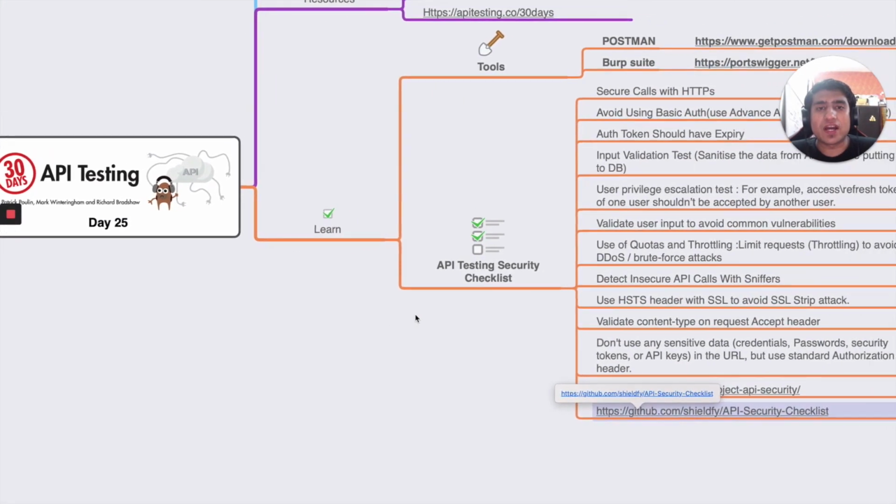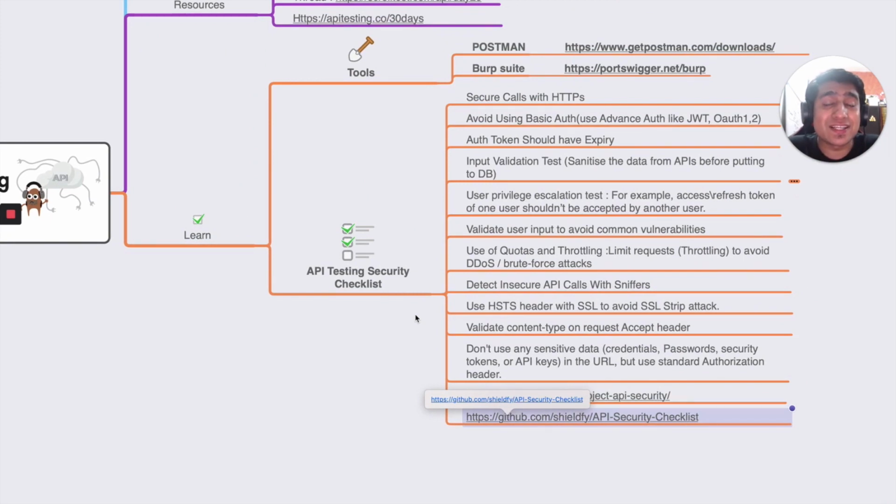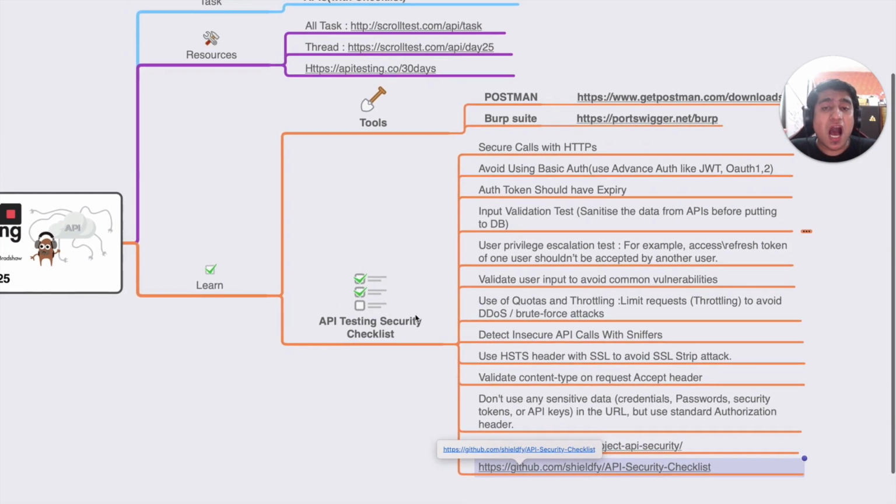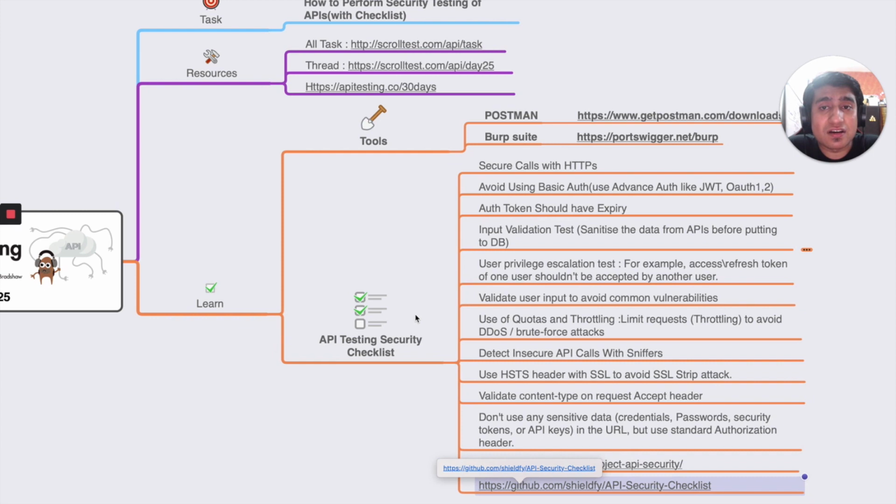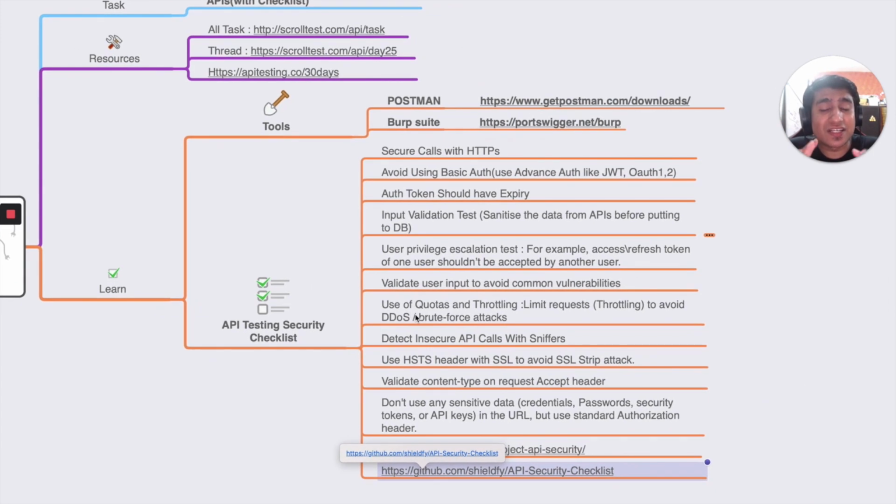So I hope you have learned something about the API testing security checklist, and I have created an extensive tutorial in the previous videos also, so you can check those out. And thanks a lot for watching till now. This was a basic overview of how to perform security testing of APIs, right? These are the major test cases that you need to do, right? How can you do it practically? That we will probably learn in some other tutorial, but this was just to give you a gist about it. Okay, these are the things that we should be checking as an API tester. I hope this helps, and I'll see you in the next video.